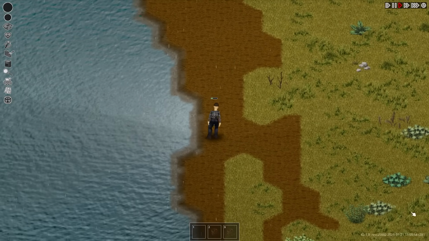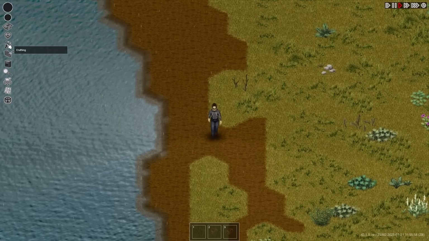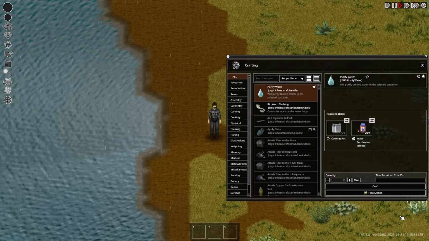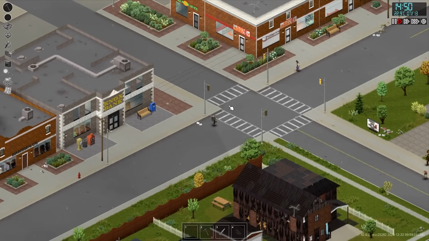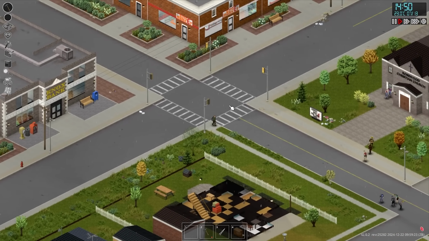Oh, and before I forget, if you found any of the water purification tablets that were brought into the game with Build 42, there is now a functioning recipe for these where you can turn 1 liter of tainted water into clean drinking water. Now, moving away from crafting additions, let's take a look at some more general performance and